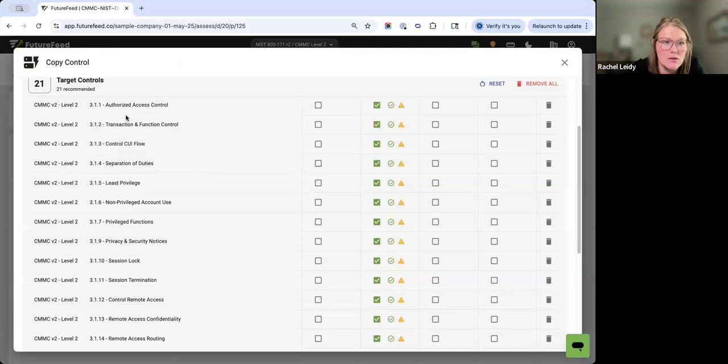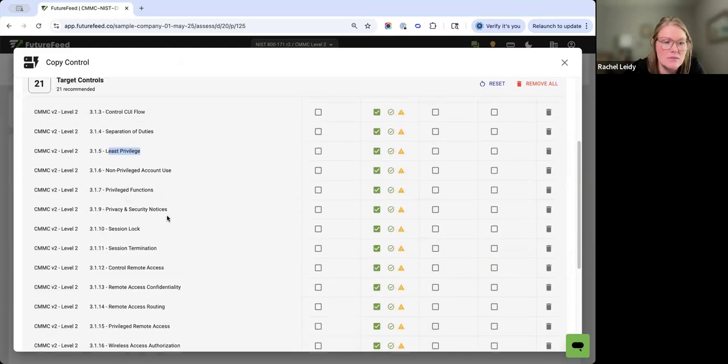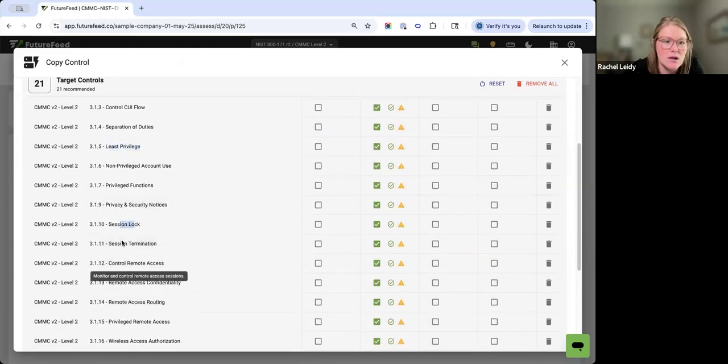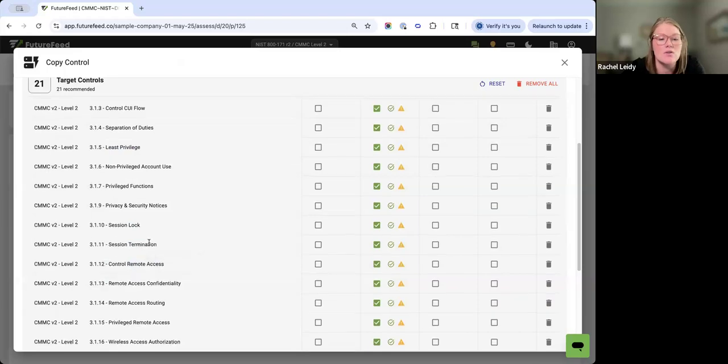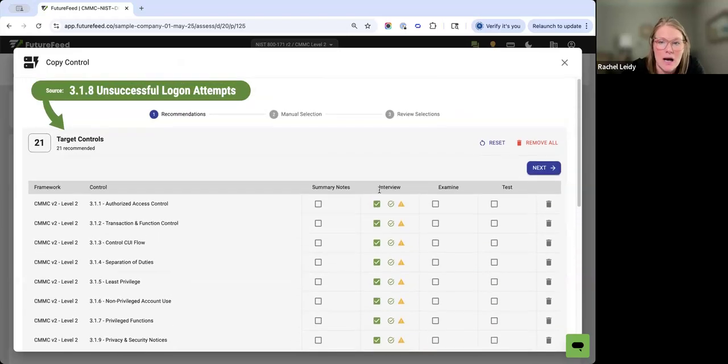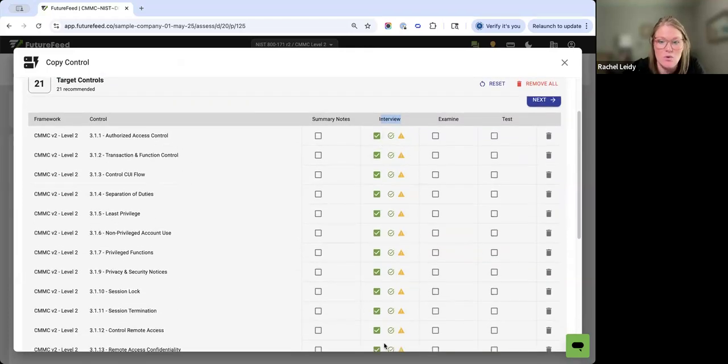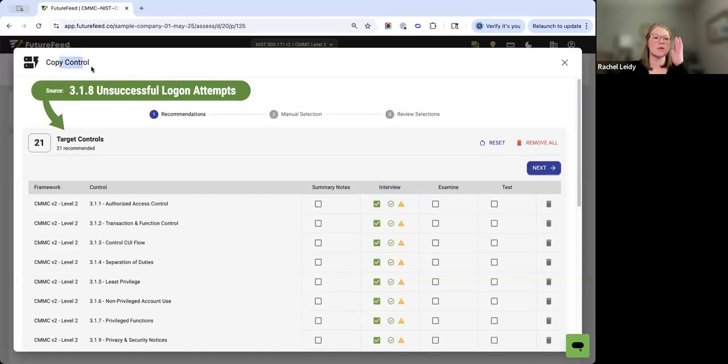312, that's technical. That's role and permission. Role and permission, this is technical. Least privilege. All of these have some technical implementation, session lock, session termination. So we're making a recommendation that you copy the people you've identified in that interview section over to these controls. And this copy control functionality